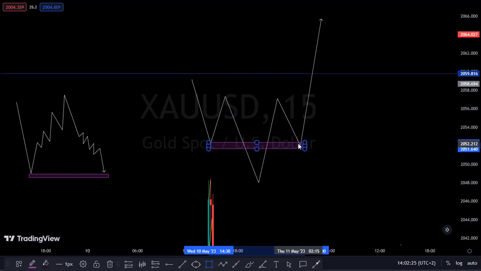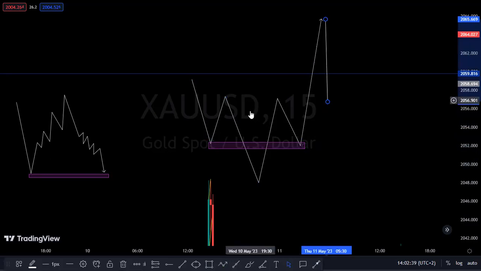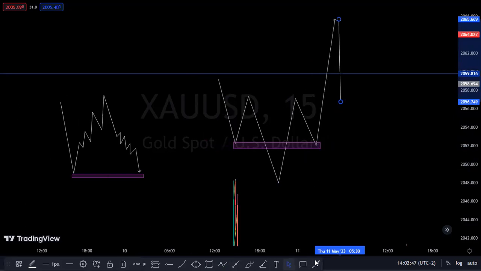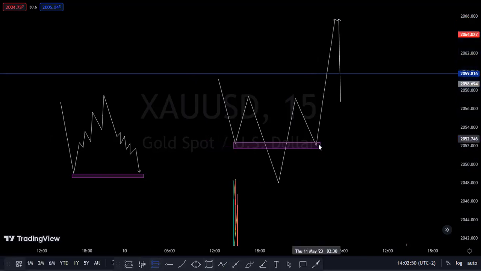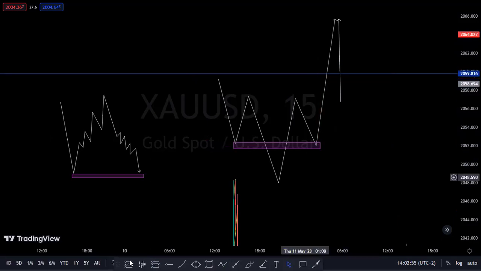You will buy price here, and then obviously you use the same tool again to measure the distance from your head to your neckline, and then say price obviously will move the very same peak that you have measured with your tool from your head to your neckline. Then when you take your entries, it's either you're going to take high risk entries on your continuation pattern here, pardon, I used the wrong tool. You want to take your entries here,